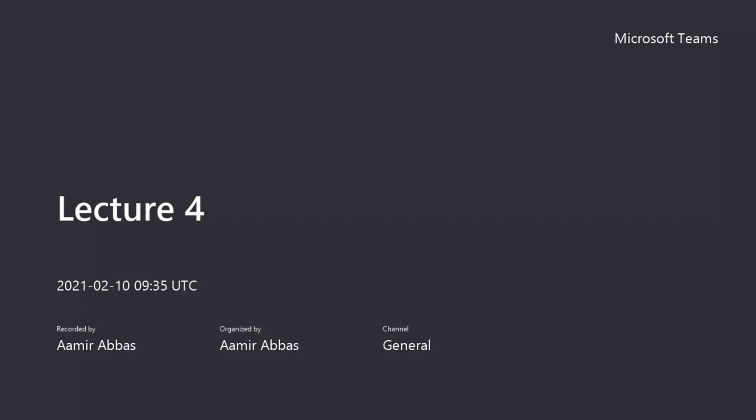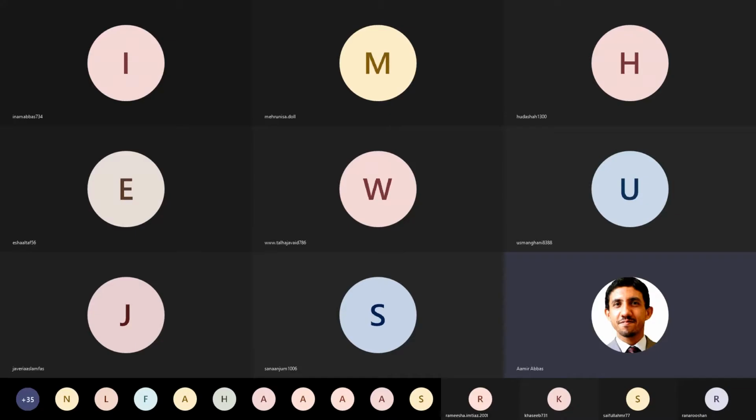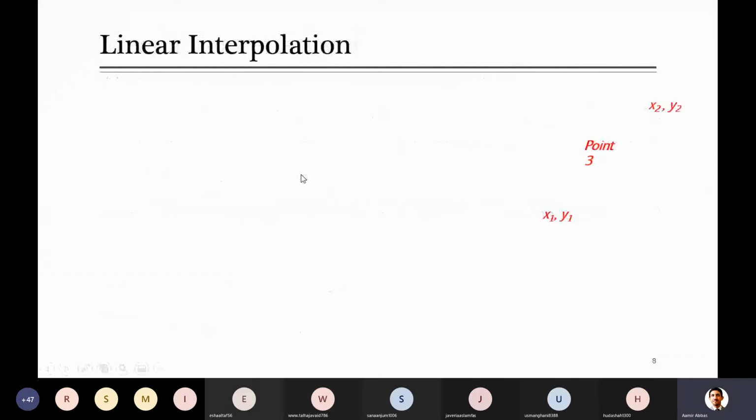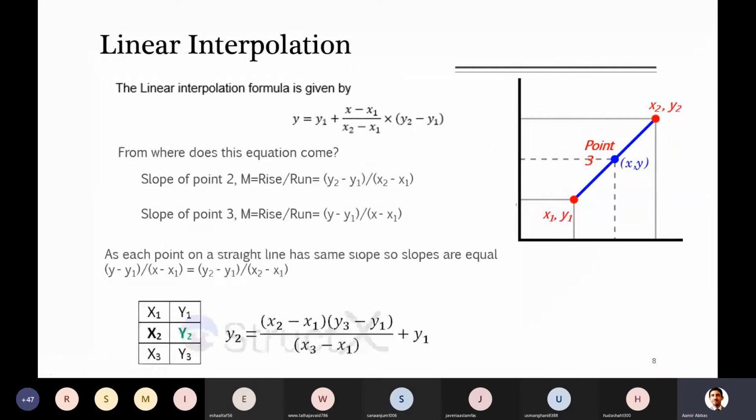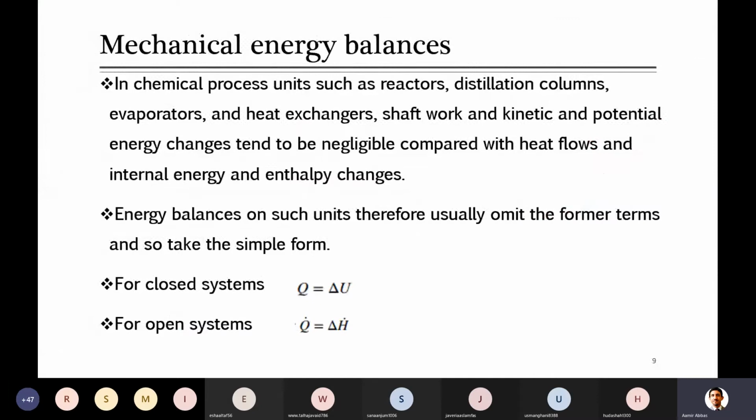It is a continuation, as I told you at the start. Last time we discussed the energy balance on open systems. In these open systems, we said that usually the flow takes place, and after flow there was kinetic energy, potential energy, and internal energy. We derived the equation, then we used that equation, and in between there were the values of enthalpy. They were coming from the steam table.